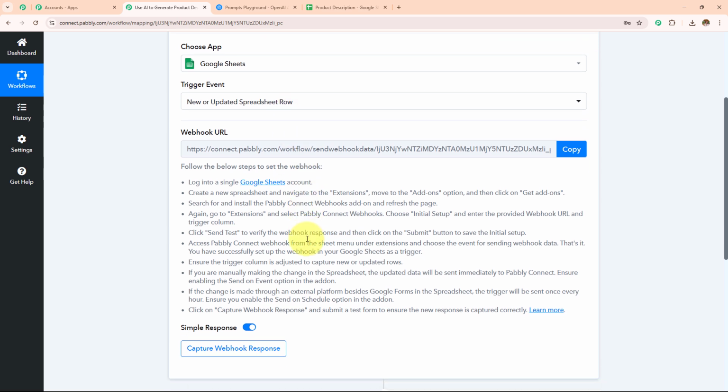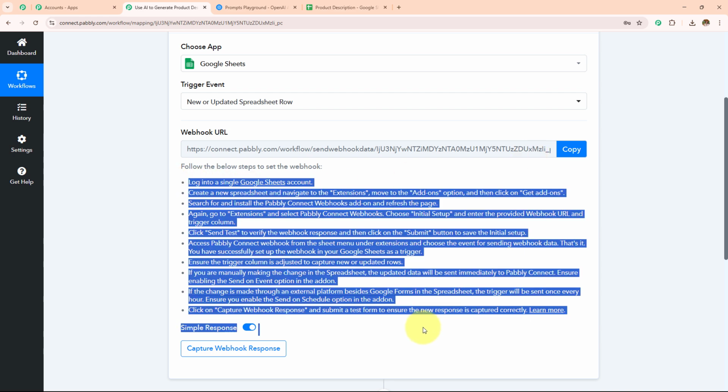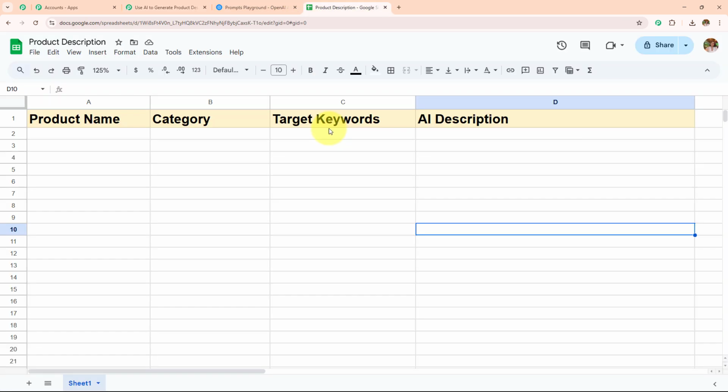Now I need to make a connection between Pabbly Connect and Google Sheets, for which a webhook URL is provided to me, and this webhook URL is going to act as a bridge to connect my Google Sheets with Pabbly Connect. So, reading the help desk, I'm going to build this connection, and to make this connection, let me open my Google Sheets. So this is the spreadsheet which I've created by the name product description, and I have all these